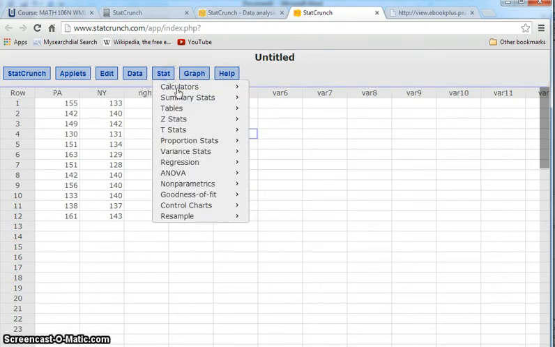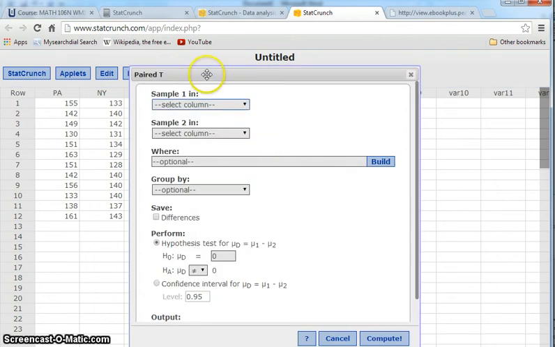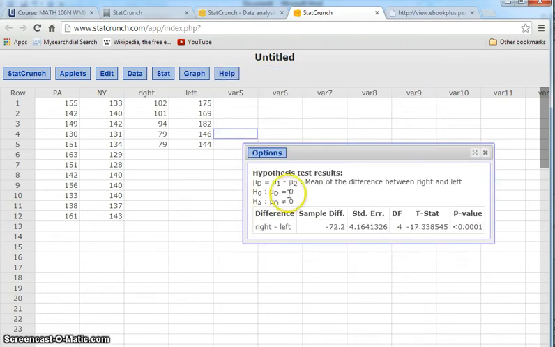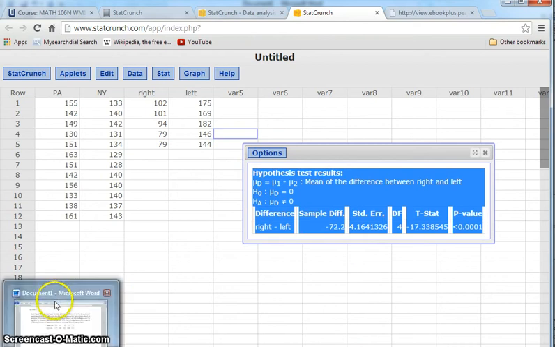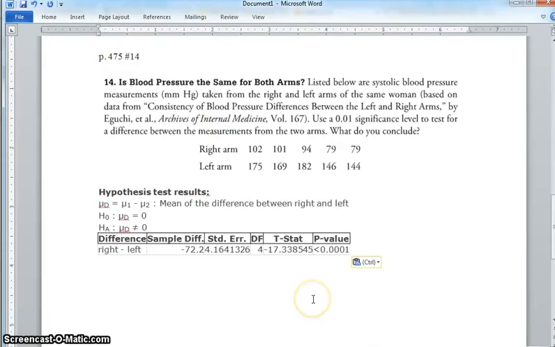So we go to Stat, T, this one's paired. Sample 1 will be the right arm, sample 2 will be the left arm, and here we want to know just the two-tailed, just the not equal to, so I'll leave it at that. Compute, and we'll copy that, paste it over here,